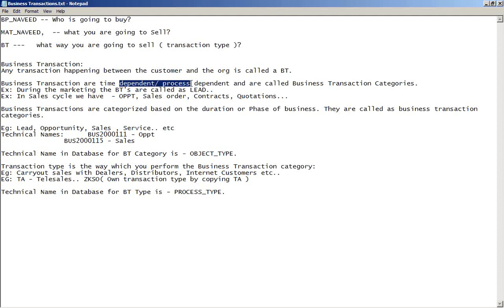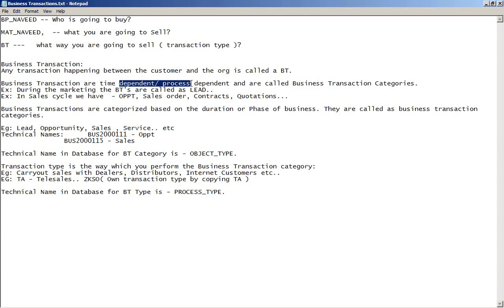We have three different functionalities offered by SAP CRM, starting from the product being available out of production, then you start the marketing, then sales and service. From the beginning of the marketing till the service process, there are many transactions happening in between. They are all time dependent, phase dependent, and these are called transaction categories.